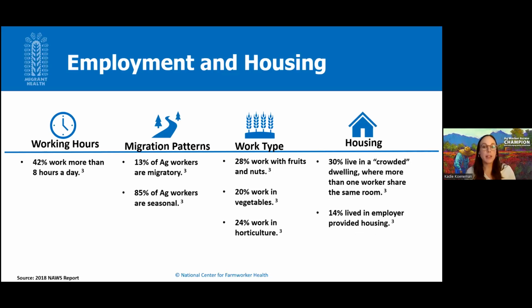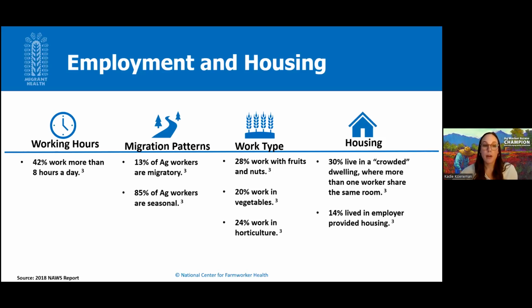When it comes to employment, agricultural work is not steady. We know it's dependent on season, weather, and market demands. So year-round work is not always possible due to the nature of agriculture. Agricultural workers are typically employed by the growers or packing firms directly, roughly 89%, and a small percentage, 11%, are employed by labor contractors. Workers may not be employed in agriculture when they seek care at a health center, but they can still be identified as agricultural workers if they've been employed in agriculture anytime in the last 24 months or 2 years, as we learned about in those classification definitions.